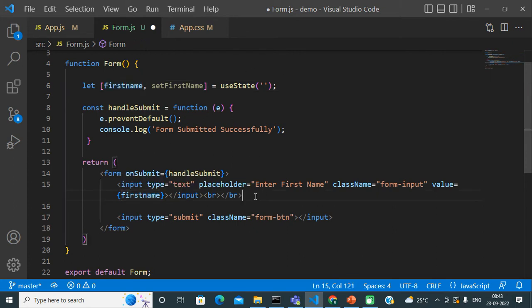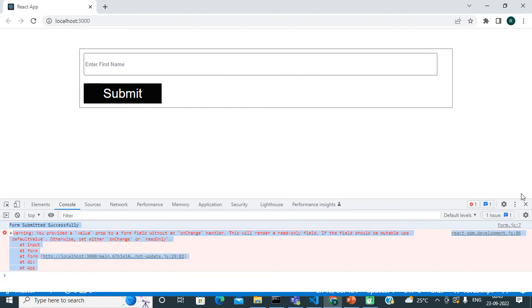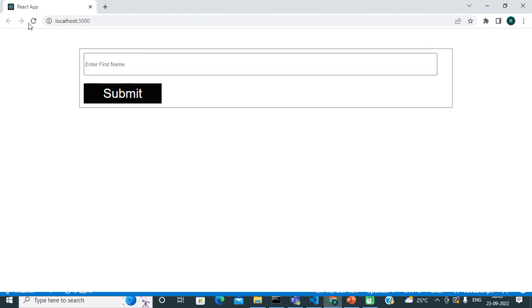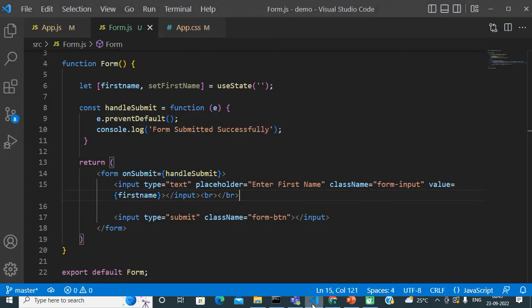Now if I save this component file and open my browser, you can see what is happening here. Let's say I am refreshing my application and we can see there is nothing in the input field. Why are we not able to see anything in this input field, friends? Because our initial value is just an empty string.